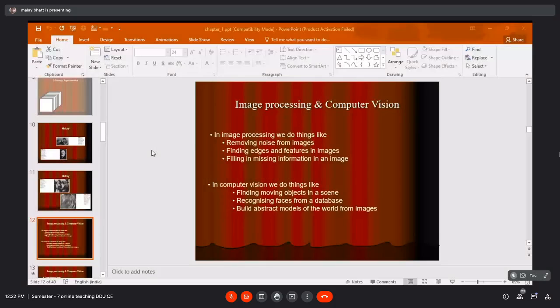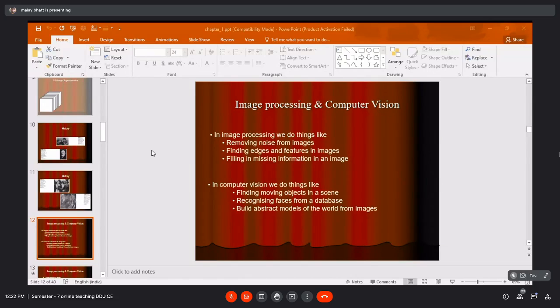Next is computer vision. In computer vision, normally it deals with a motion camera. So finding moving objects in a scene. If it is a moving object, we can recognize that moving object in the scene. Recognizing faces from a database. If you consider any video database and you have to recognize a particular person, you can use the computer vision field.